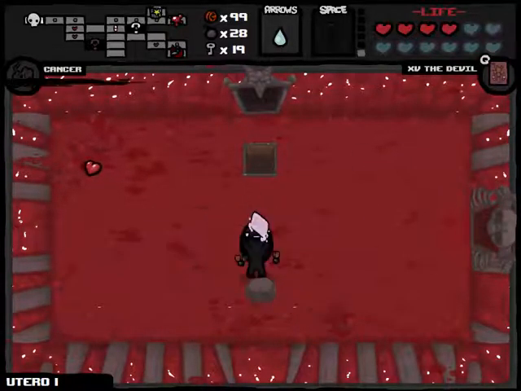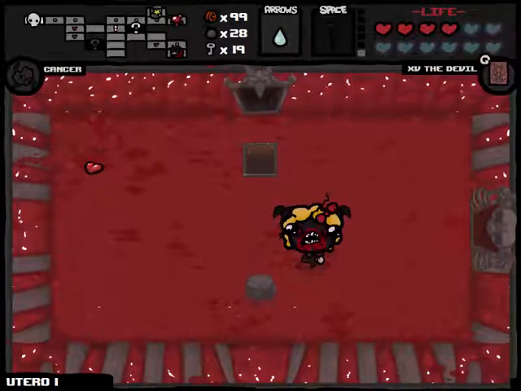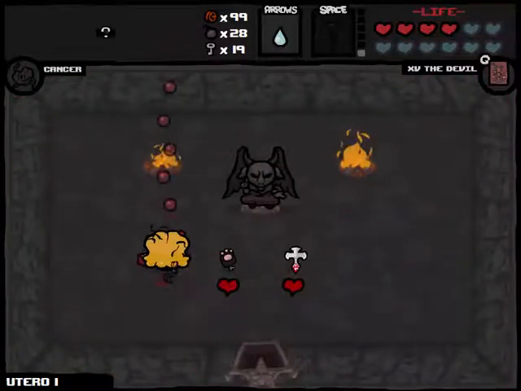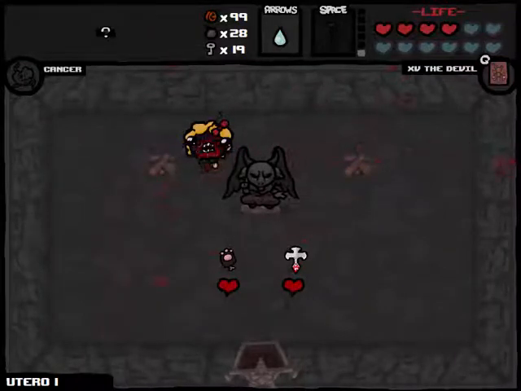And we get Soap, which is... I think it's a Tears and a Shot Speed up, but I'm just gonna check really quickly. Yeah, it's a 0.2 Tears up and a 0.16 Shot Speed up. But Shot Speed up isn't that bad, unless, oh my. Yeah, Shot Speed up isn't that bad unless you have Lump of Coal anyway, so...